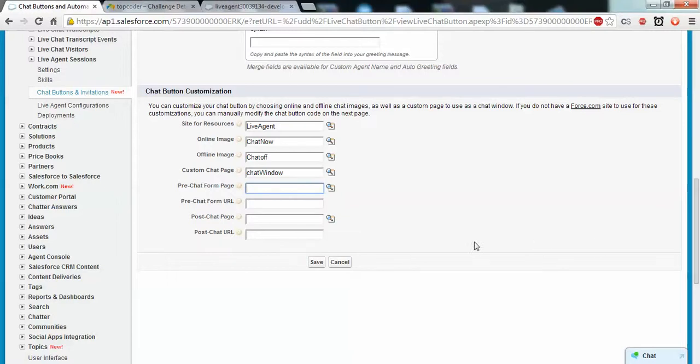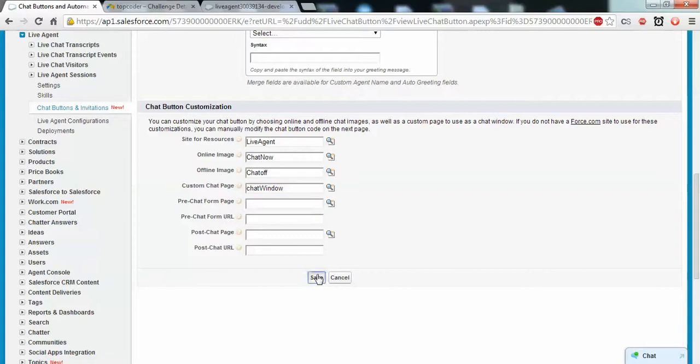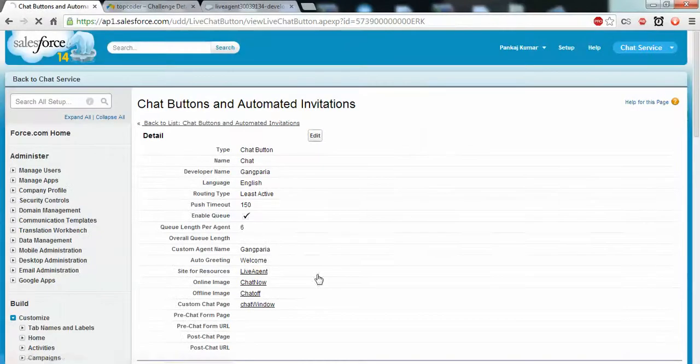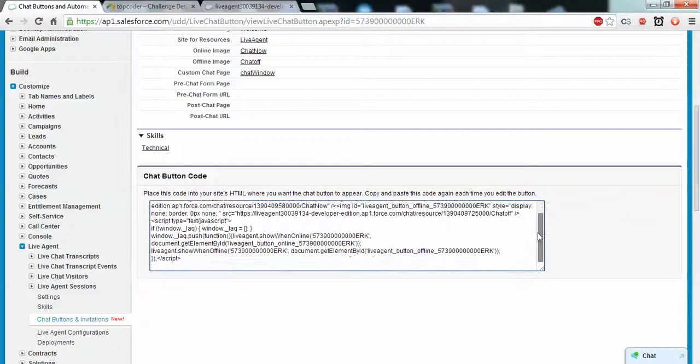Here I have done some configuration. Right now I have removed the pre-chat options. Click on save. Once you click on save, you will find some code here.